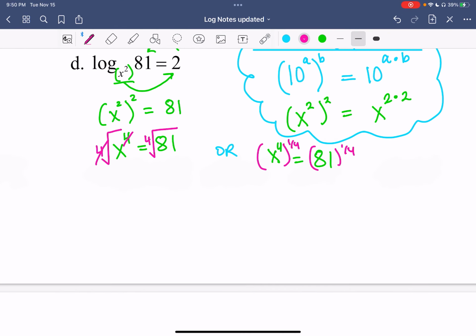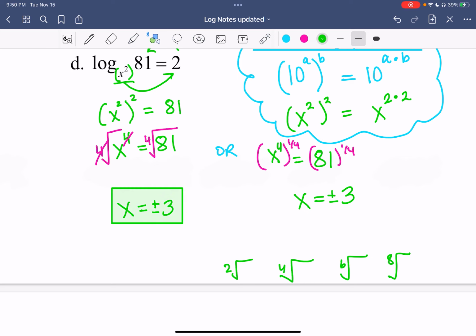Okay, so now the thing with the powers, if you have an even number root, so I'm talking square root, fourth root, sixth root, eighth root, any even number, you're going to need to add the plus or the minus symbol in the front. So this doesn't apply to odd numbers, so it doesn't apply to 3, 5, 7, 9, etc. Only to the even numbers do you need to make sure that you're including the plus or minus symbol, because